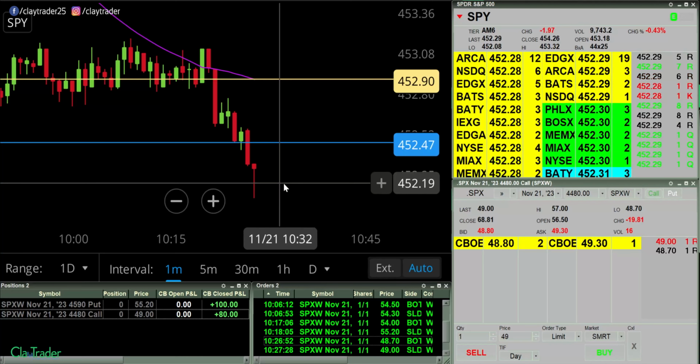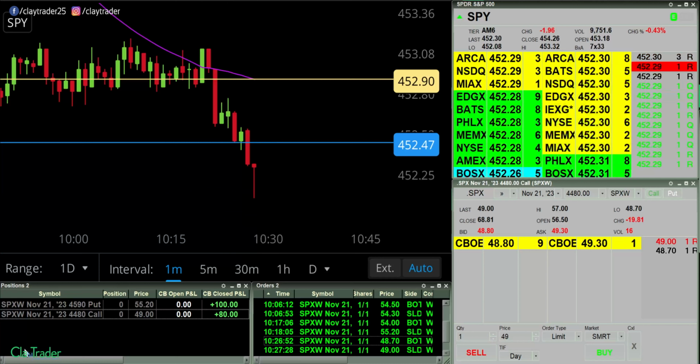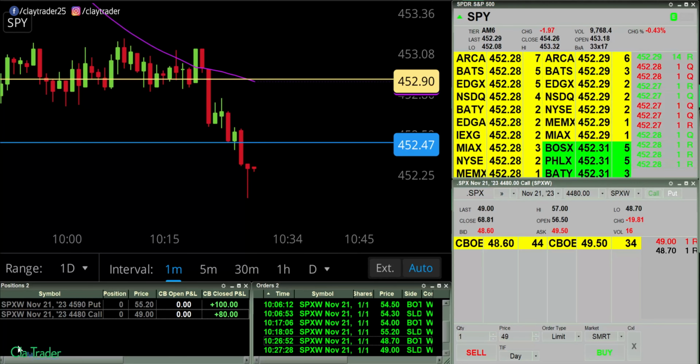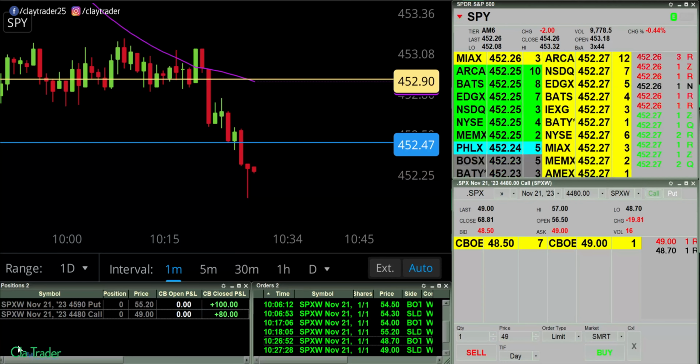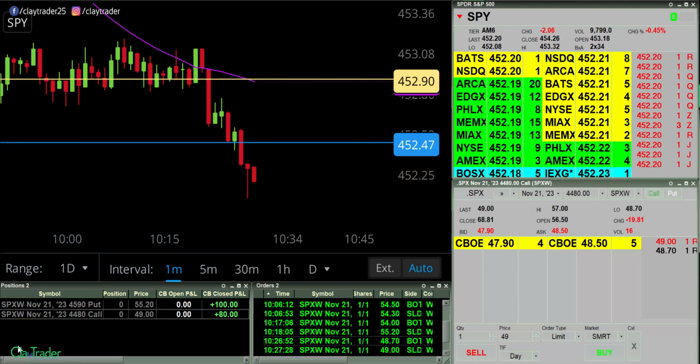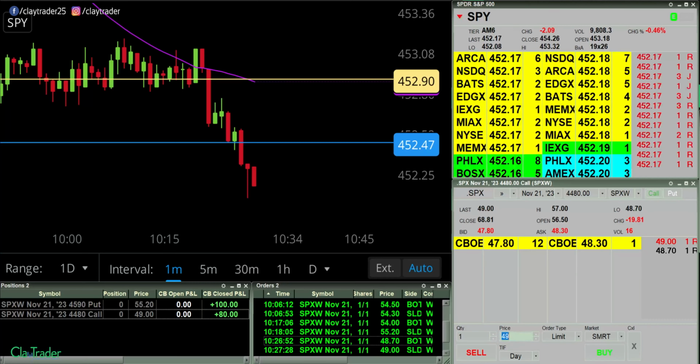So it was not the best entry point, but never felt like I needed to go into loss prevention mode in the sense of needing to take a loss. I didn't even feel like I needed to go for break even, but I did feel like, all right, let me just try to go for a little bit less than what I wanted. So got $30 on that one, but I need to stop talking because